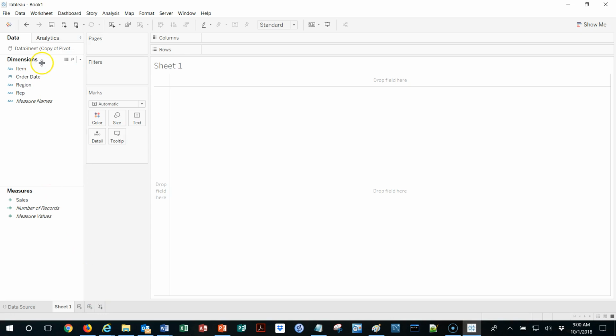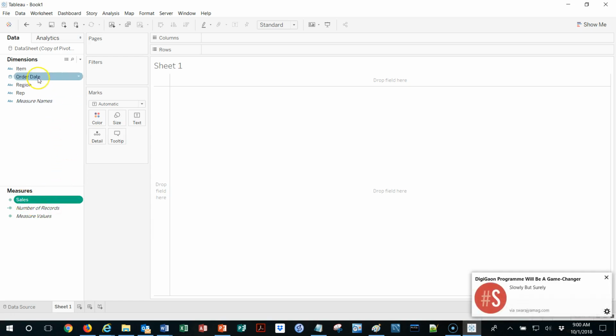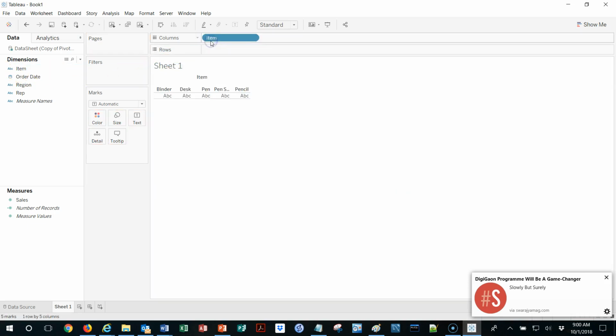So here we have the dimensions. The system does this. Here we have the measures. We really have only one measure, and then of course the number of records. The way we do it is we hold the control key, highlight a measure, highlight an item, and drag it here. Well, we just take it here, and we take the sales here,